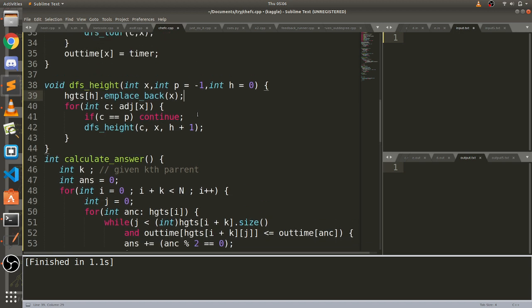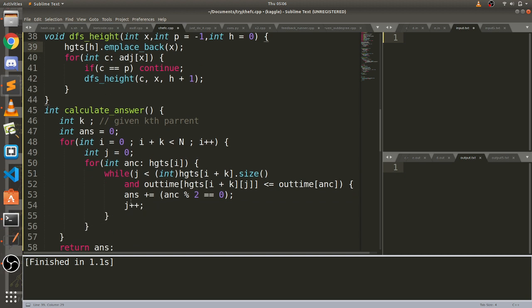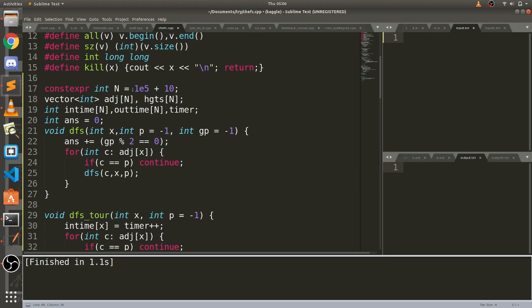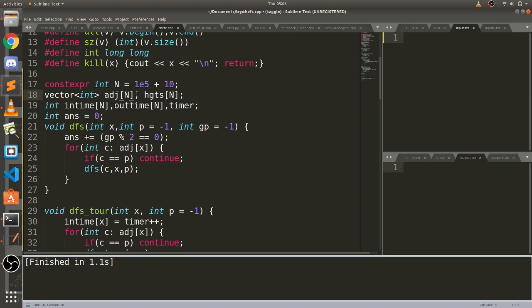So now this is the level order calculation. I made the list here, but how would you calculate how many nodes are there whose kth parent is even? You could see that we have been given the adjacency list of the graph, or here it is a tree.